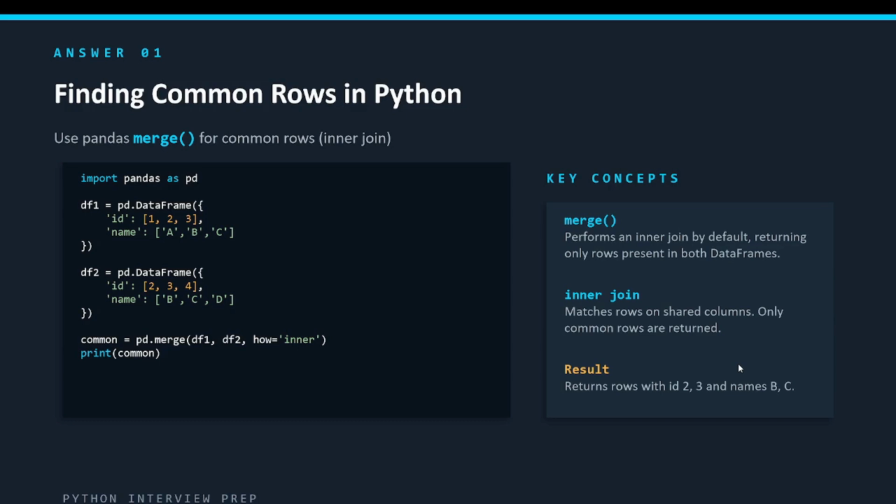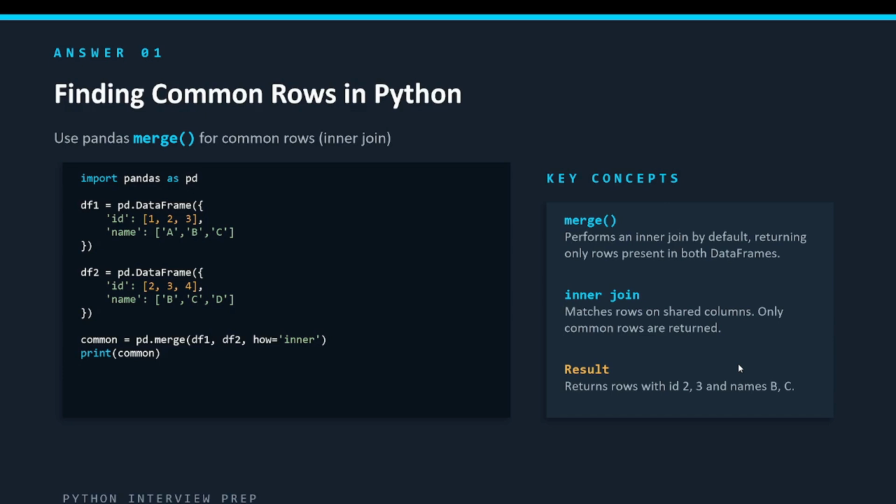Let's walk through the code step by step. We start by importing pandas with the standard alias pd. Then we create two data frames df1 and df2. The first data frame df1 contains three rows with IDs 1, 2 and 3 and corresponding names A, B and C. The second data frame df2 contains three rows with IDs 2, 3 and 4 and names B, C and